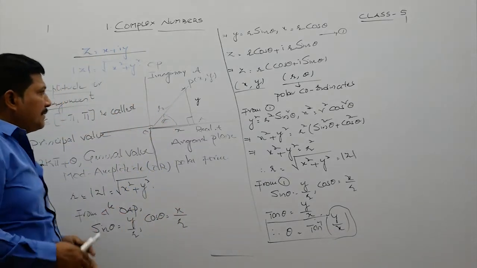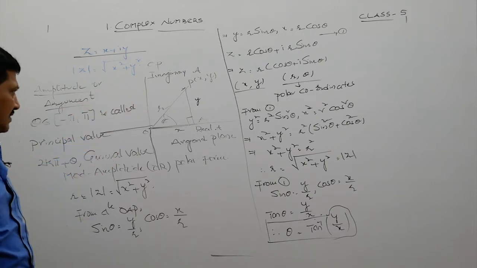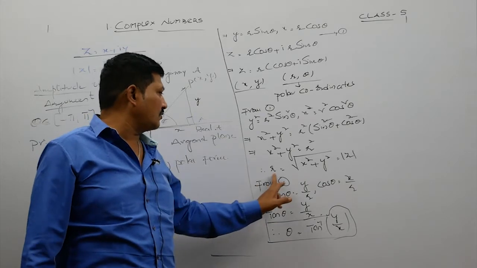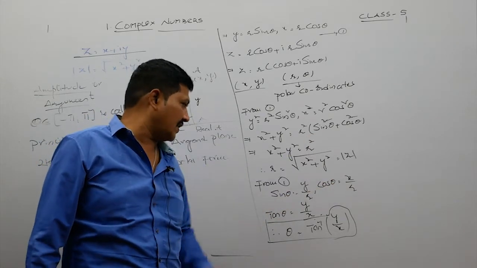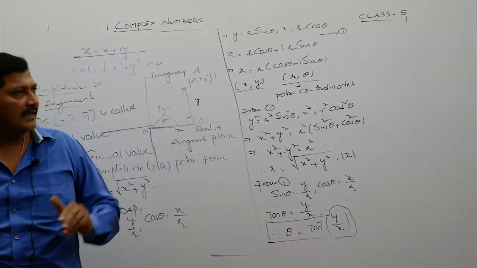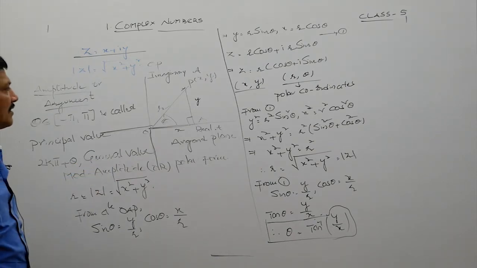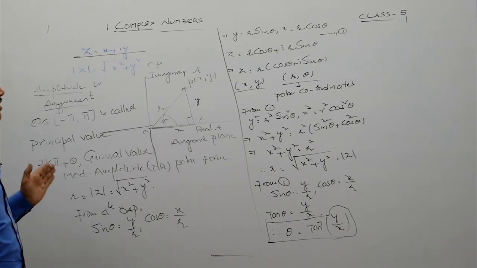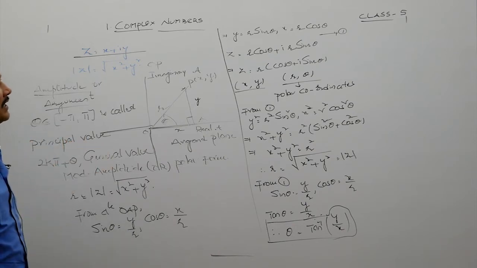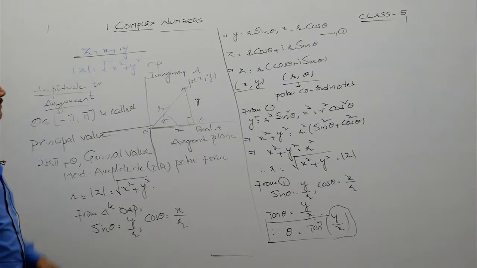The two most important parameters are connected with x and y. The first one, r is equal to root of x square plus y square, that is equal to mod z. Now to determine theta, theta is equal to tan inverse of y by x. These are the two important steps to remember to convert a given complex number into the polar form or mod amplitude form, and every complex number can be placed in that form. Again, a number in polar form can be brought back to the complex form.